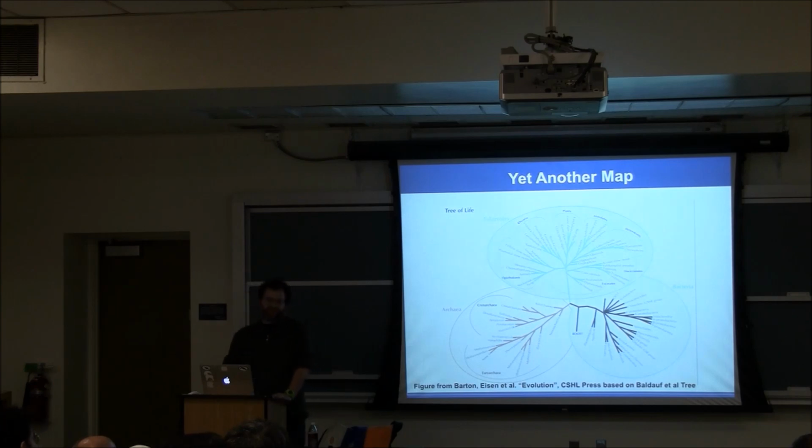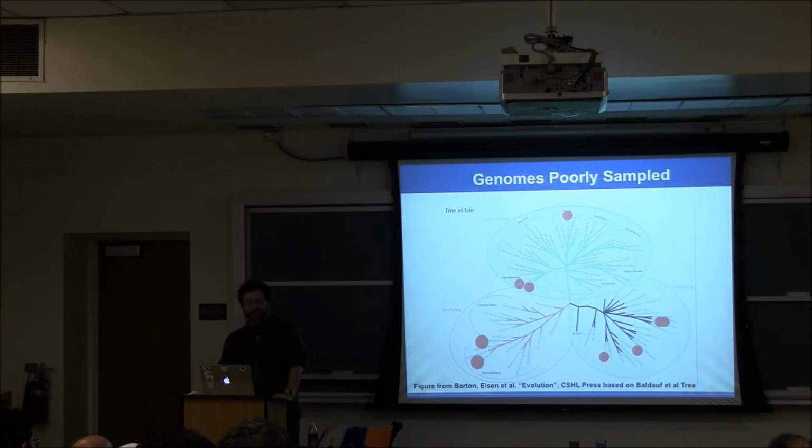So in the first example, we took a step back and said, okay, we're going to go out to these environments and do environmental sequencing and try and analyze the data that's coming back. That's really hard for many reasons, but one reason it's particularly hard is the sampling that we have of reference genomes to compare everything to. So if you go to the evolutionary tree that was available many years ago and ask how the genomes are being sampled, they're incredibly biased across the tree of life.